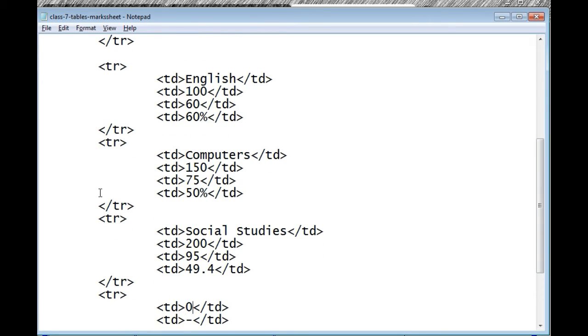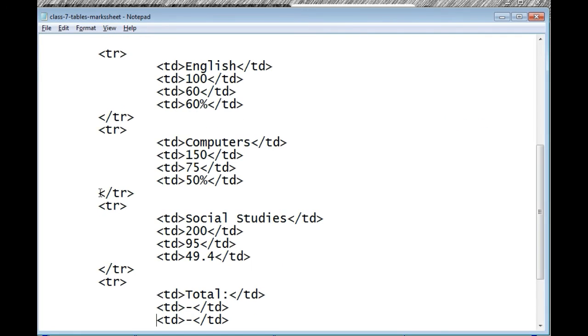And in the fourth column, we have total. Total is 100, 150, 250, 200, 450.